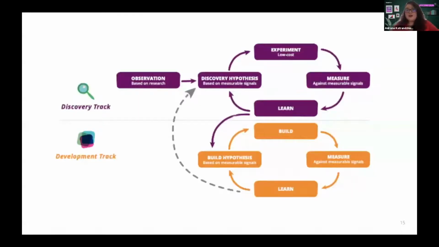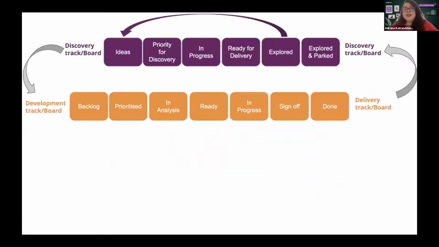And so again, if we go back to the high level of what this looks like, we have two tracks and they go in parallel and feed back into each other. And so we wanted to visualize the work that goes on in each of those tracks. And we wanted to be able to essentially track that work and ensure that different members of the team are equally involved. And so this is what it looks like. We had a physical board back in the day.